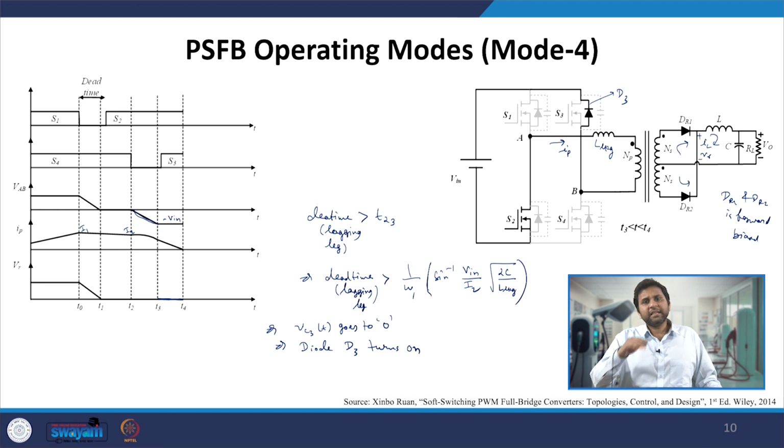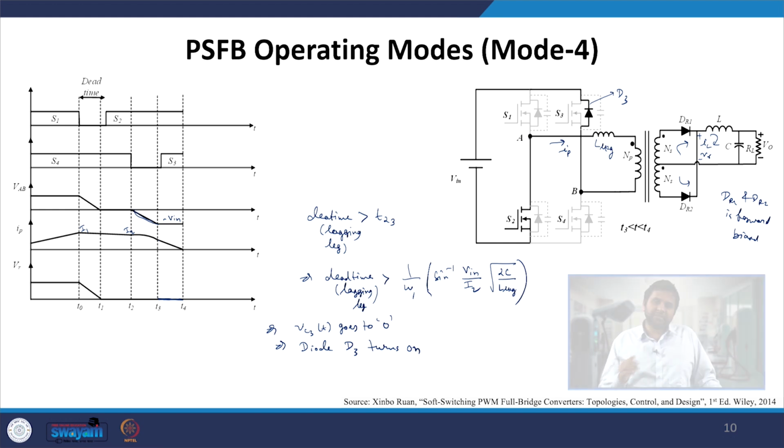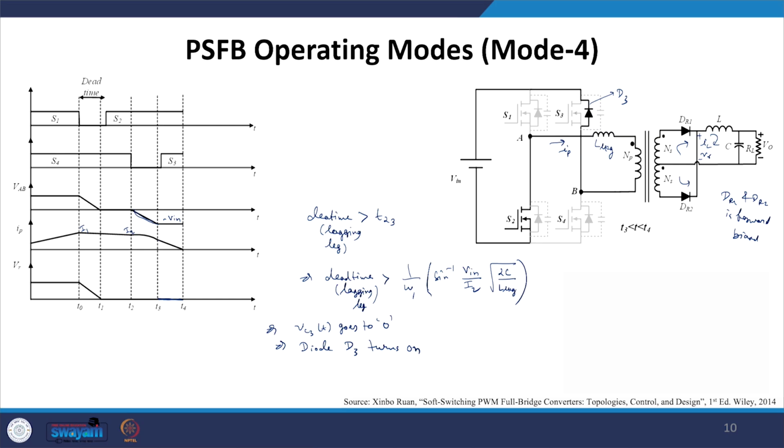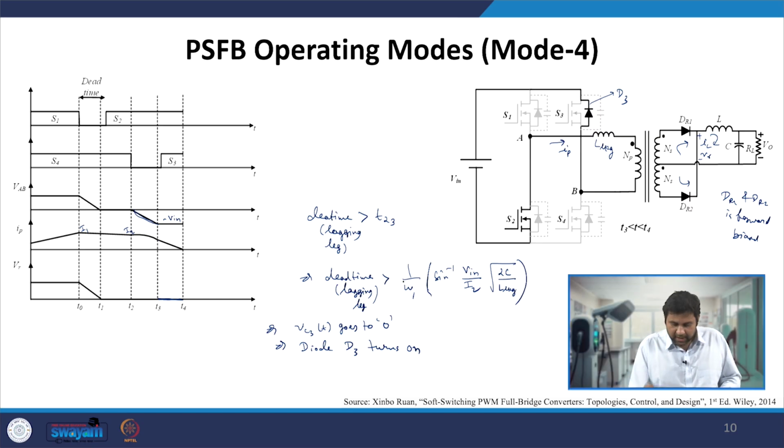So we will see that necessity condition as we go, at last we will see, but during this time we assume that if we are having soft switching, we must provide that dead time. So this is nothing but the dead time of the lagging leg, and here the dead time of the leading leg.